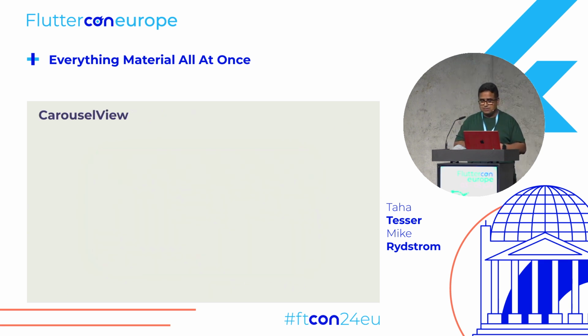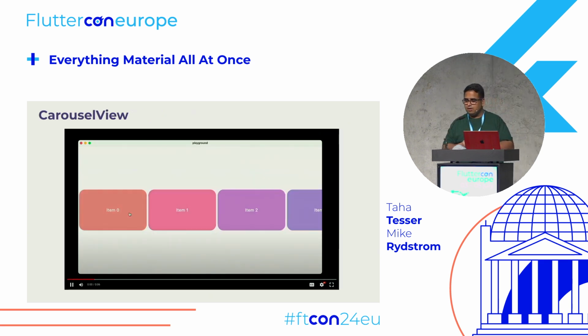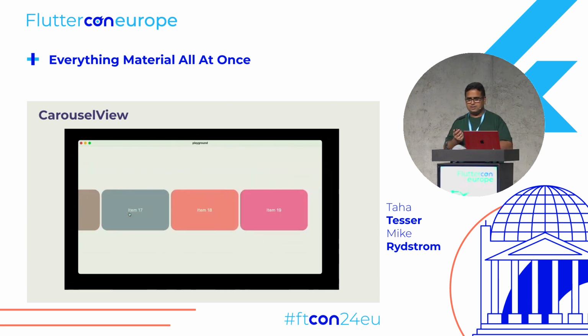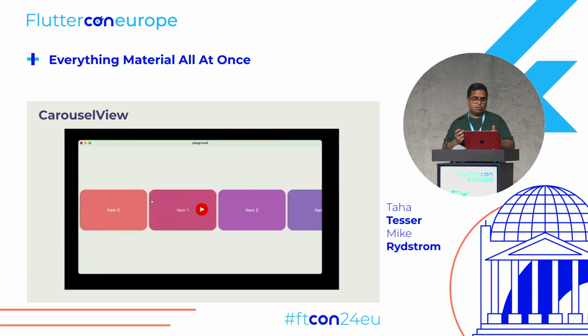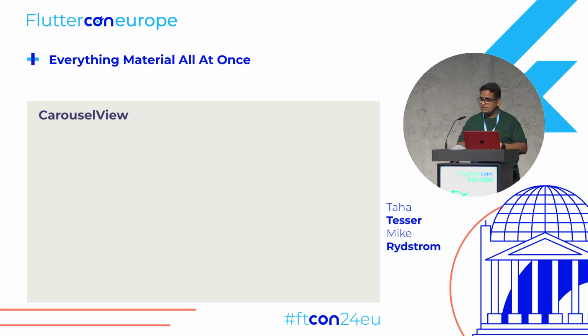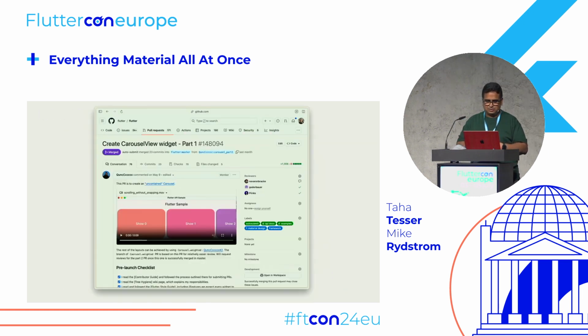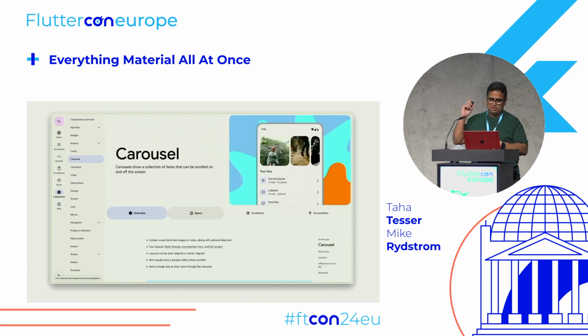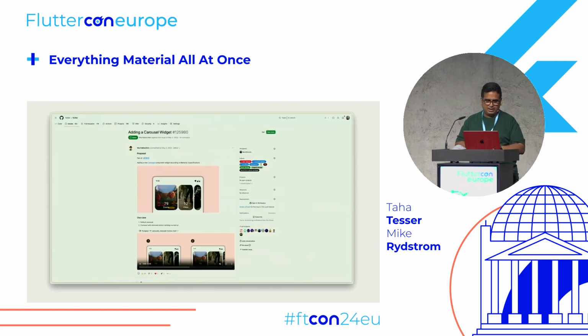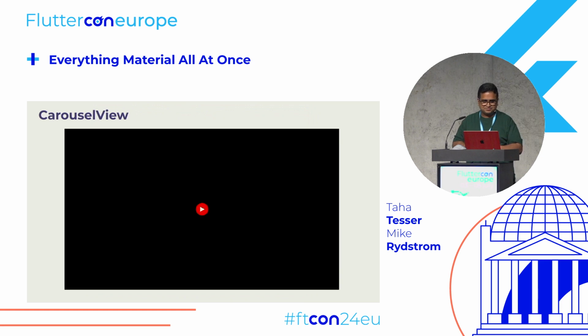But like I said, this is a work in progress, so there's another part of this. You can see here in effect. You can see it's on desktop. And you could also have a weighted effect with this widget. If you go back to the specs, yeah, you can see that the right item is more collapsed. So the part 2 will add this weighted effect. So I just wanted to give you a sneak preview of this widget so you can see what's coming in the material library. And then we will talk about,